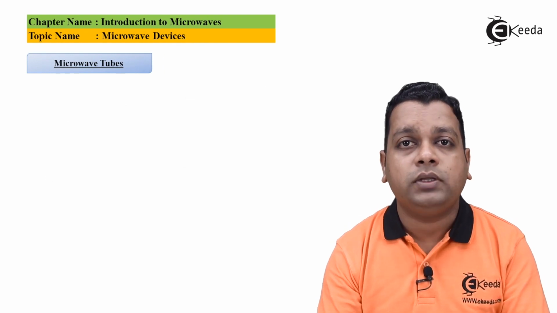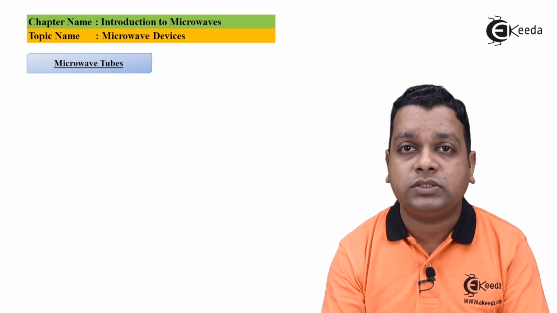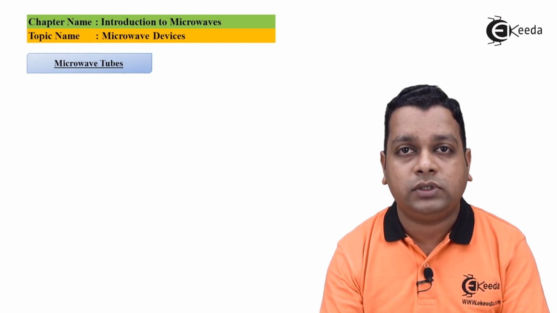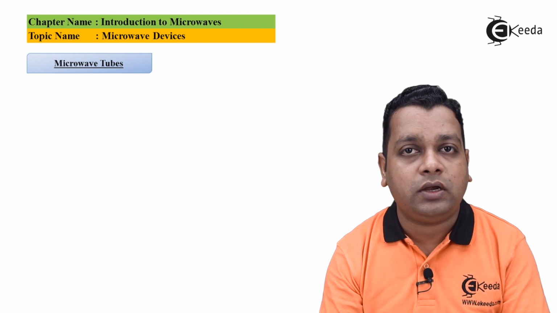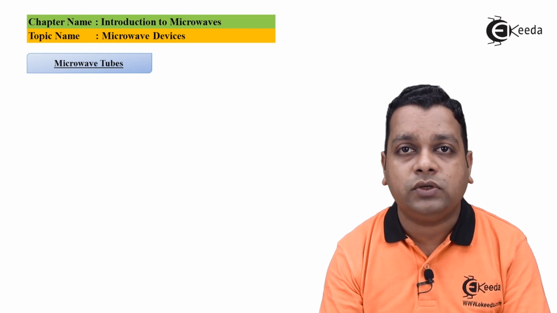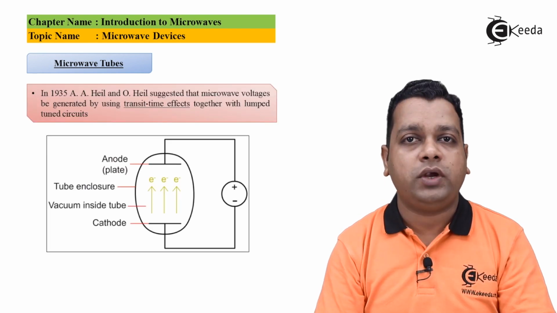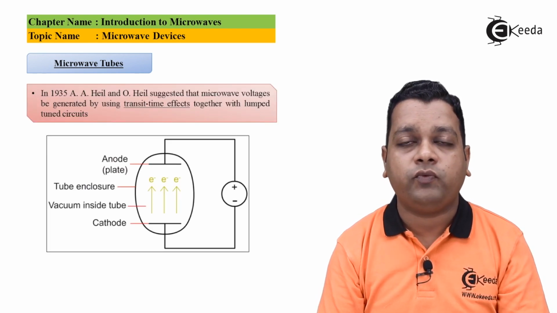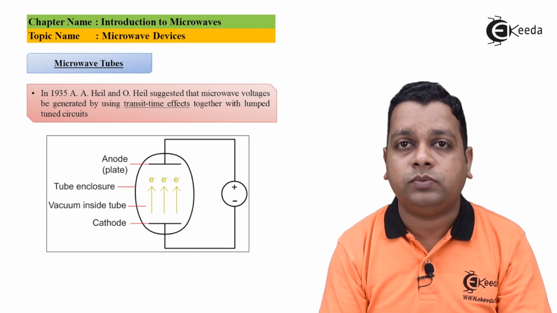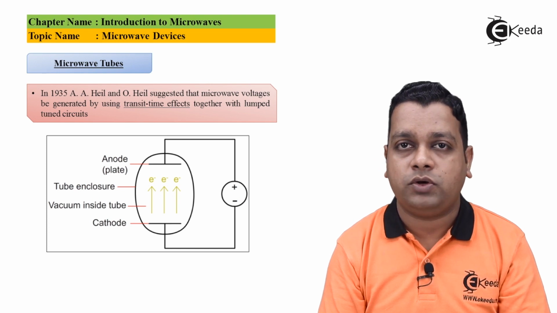Because of these particular limitations, there was a necessary modification to the vacuum tube's original design. So there were some modifications made by some scientists that we can address here, and then the vacuum tubes were made to work on the microwave platform, hence the microwave tubes. So let us see. It was in the year 1935 when the first attempt was made to modify the original vacuum tubes.